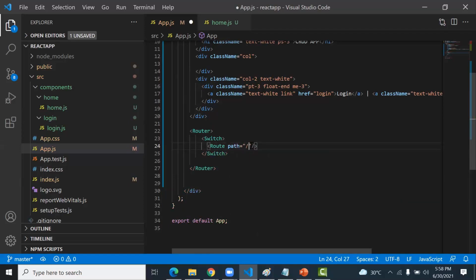So the path, if it is login, then what? If it is login, then I want to open which component? The component I specify here. So for login, I open the login component.